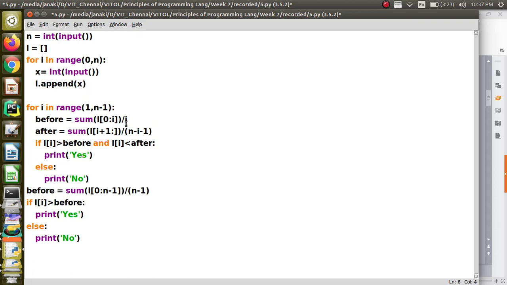For the first element we will have only after, you will not have before, isn't it?